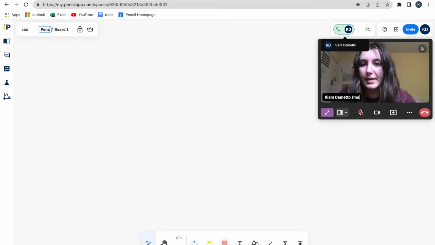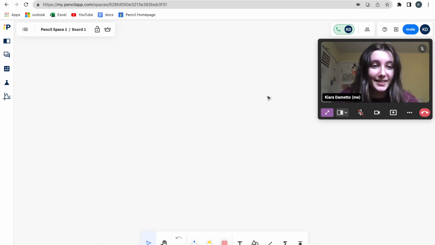So we're going to call this Pencil Space 1. And then I save the changes. And now anyone who has access to my space will be able to identify it by the name I've just changed it to. One important thing to note is that there is a 30-character limit for any space name you